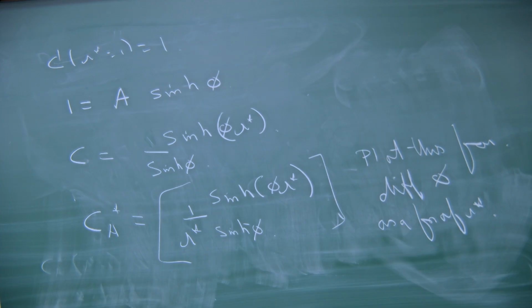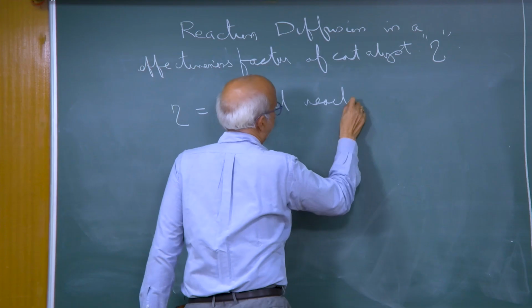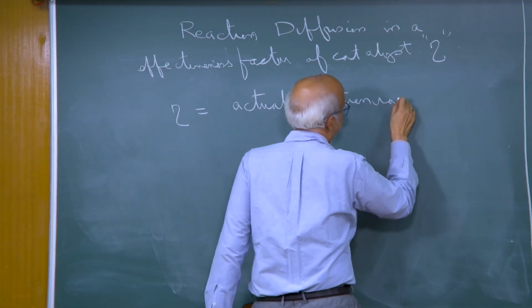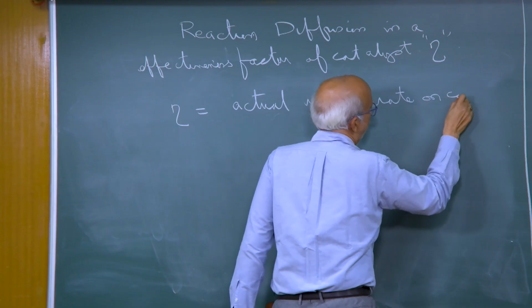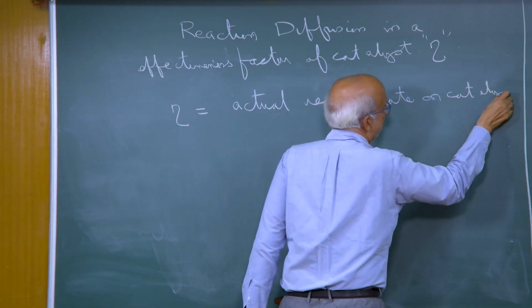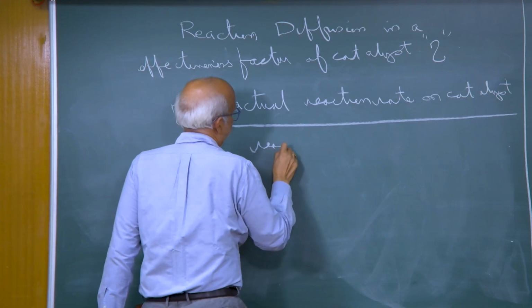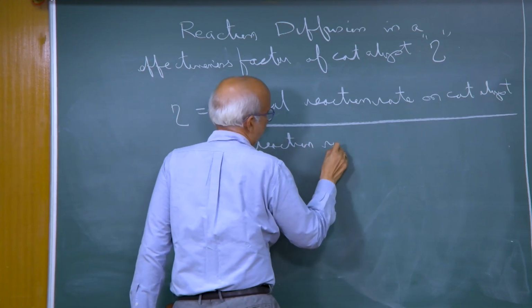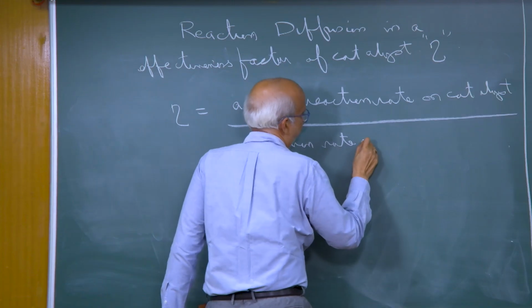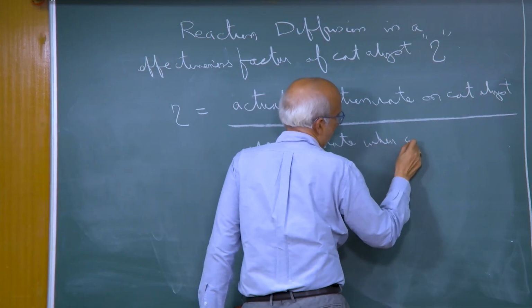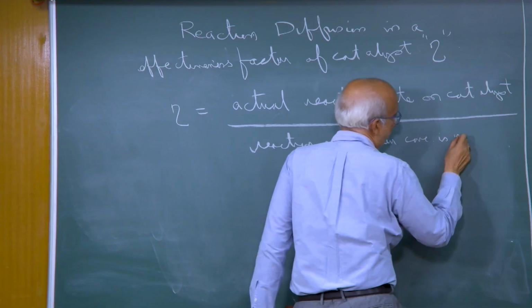Exactly the same way as we did earlier. Eta is the actual reaction rate on the catalyst divided by the reaction rate when concentration is uniform